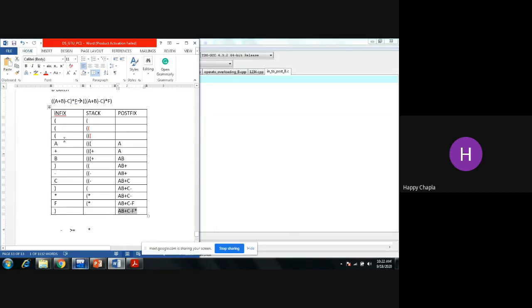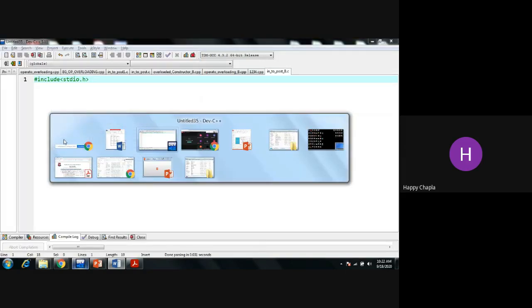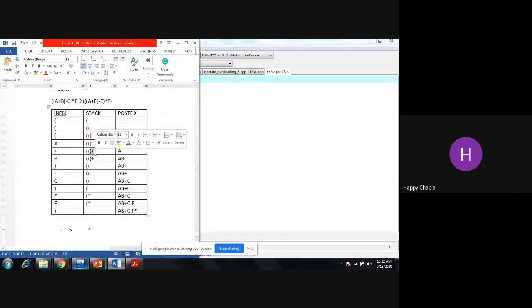So here we need to push something into the stack, we need to pop out something from the stack, right? We are aware that if we need to push something, we need to follow the rule: increment top by one, input your value inside it, and then your stack is completed.